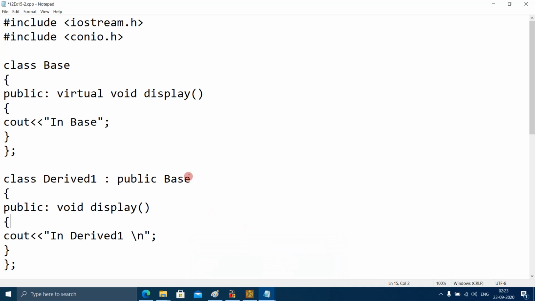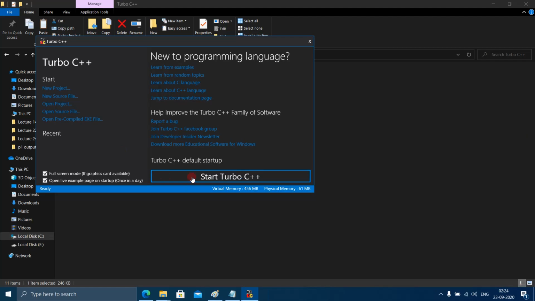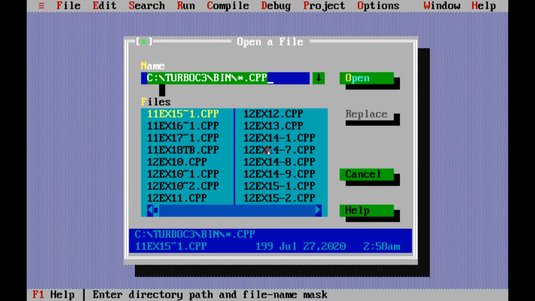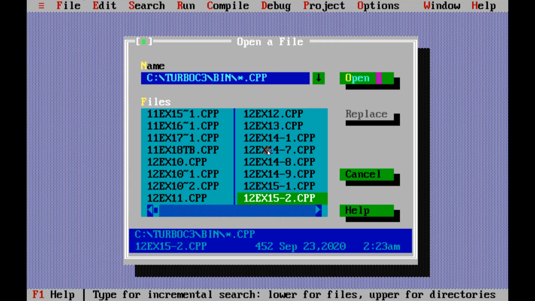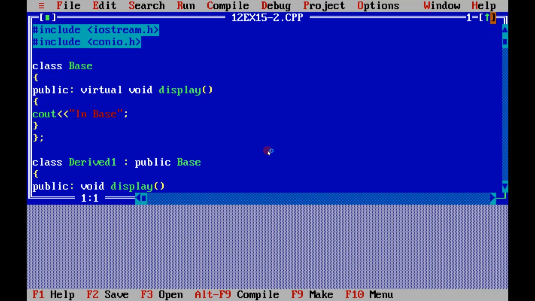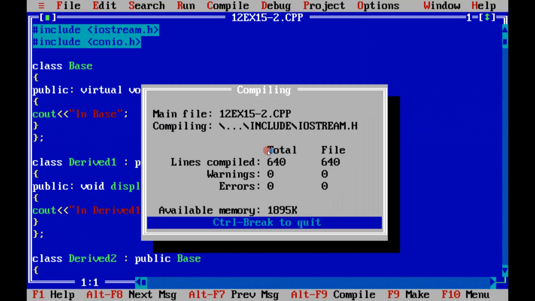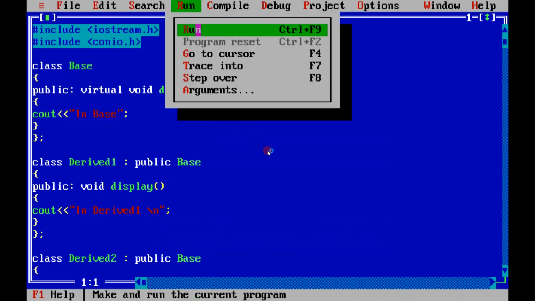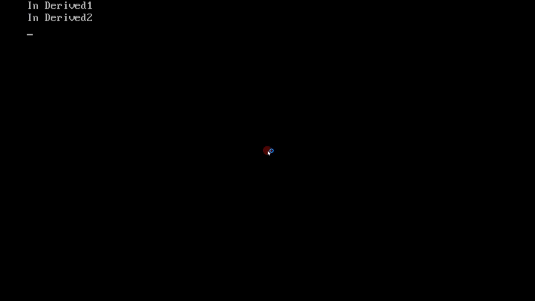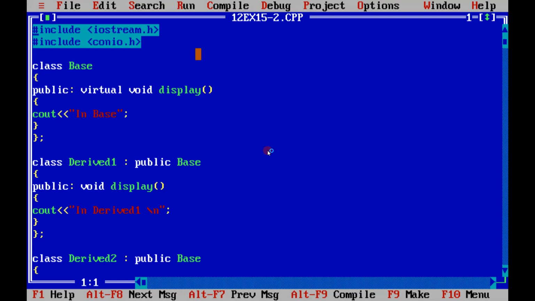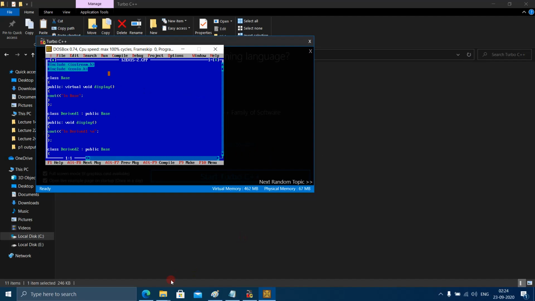So let us run this program in Turbo C. Let us compile it and run it. So this is the output we are getting.